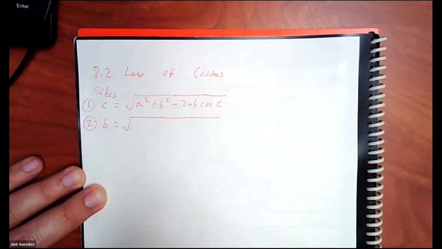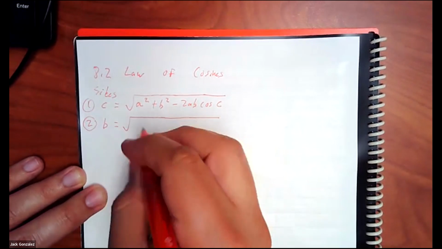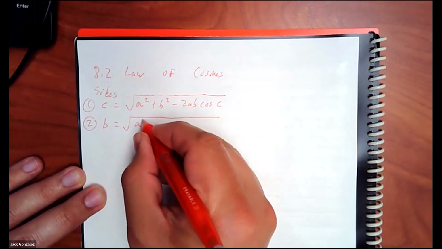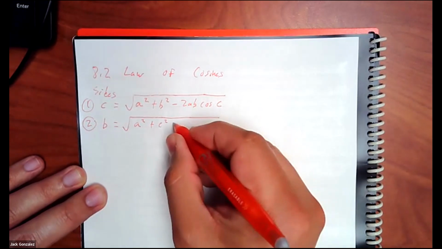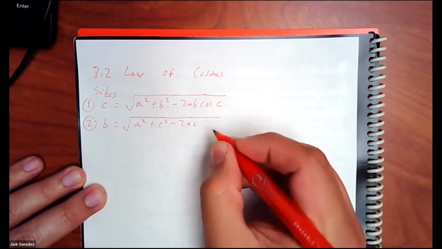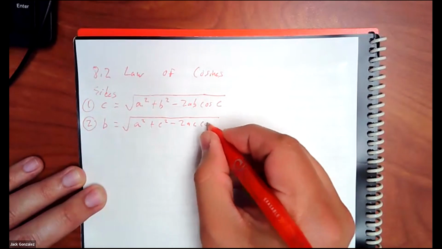I'm going to bring some aluminum foil. A squared plus c squared minus 2ac cosine b. Now,